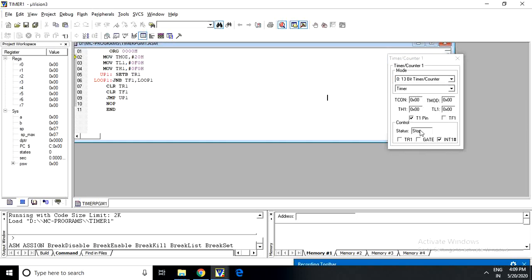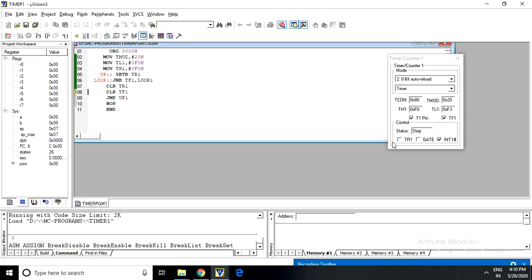Okay, now see here, let us see how it works. See, now it is a 13-bit register. Now the TMOD value, when it is loaded with 20, you can see it is automatically displayed as 8-bit auto reload mode. TH and TL, see here, TH and TL is reloaded. Then the timer is started, run control bit is made 1. Then continuously the TF1 flag is monitored. Okay, so once there is an overflow, TF1 is raised.